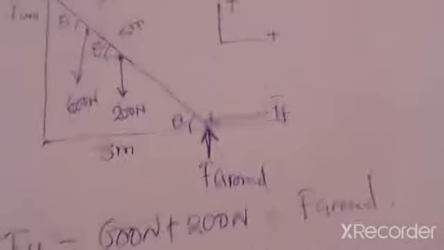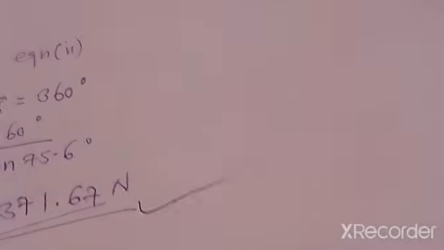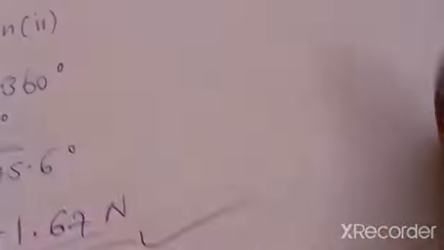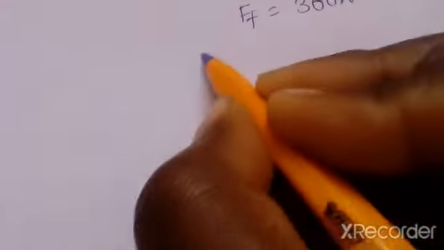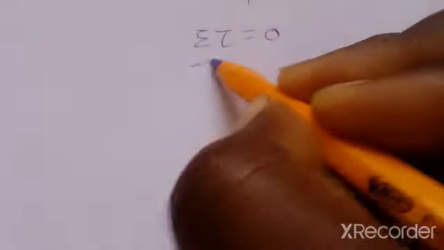But for now, I'll just work with finding tension with reference to this point, because as it is, we're running out of time. So the second condition for equilibrium is that this is going to be equal to 0. So taking